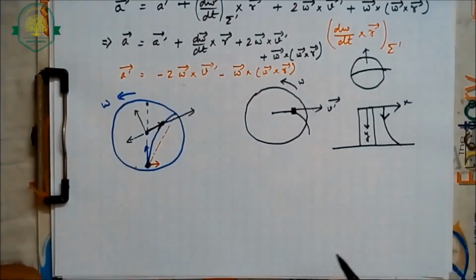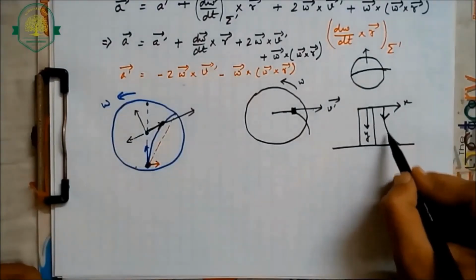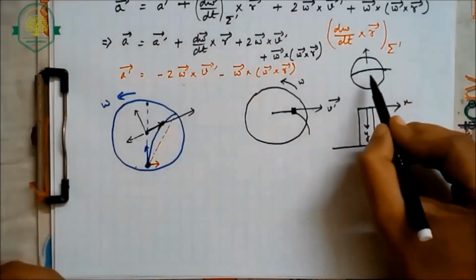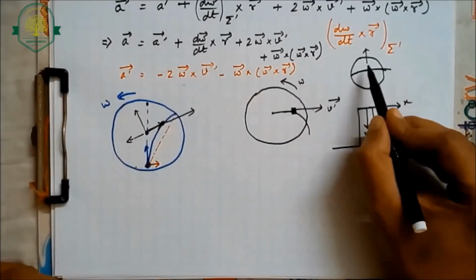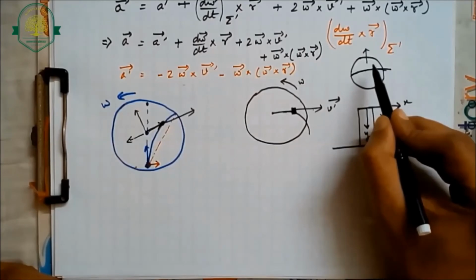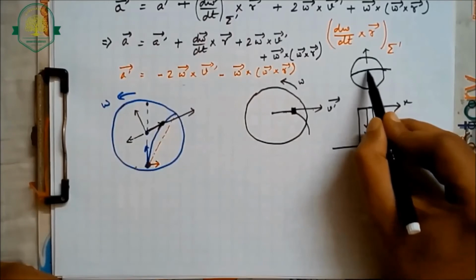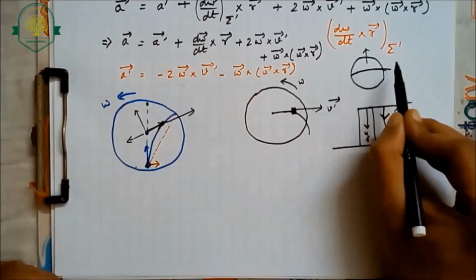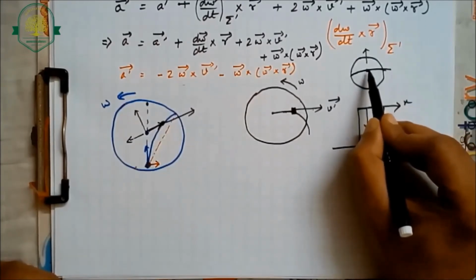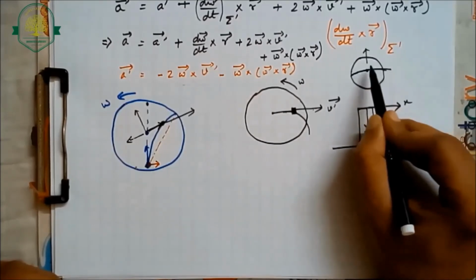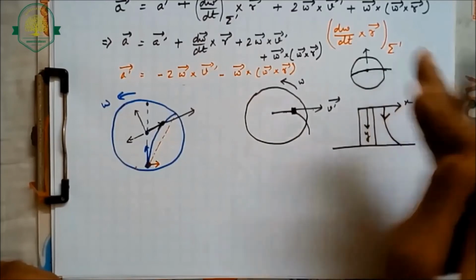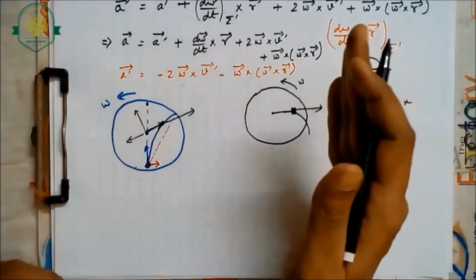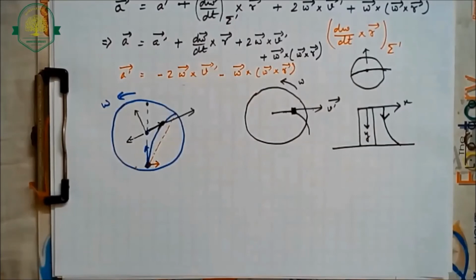This deflection will obviously be extremely tiny. The other way by which we can explain this is that the ball on the tower, because it has a greater radius, has a greater tangential velocity. So it moves a greater distance than this point on the earth. Therefore, relative to this point, the ball will seem to move in a slightly deviated path, a path that is deviated to the right. So in any case,